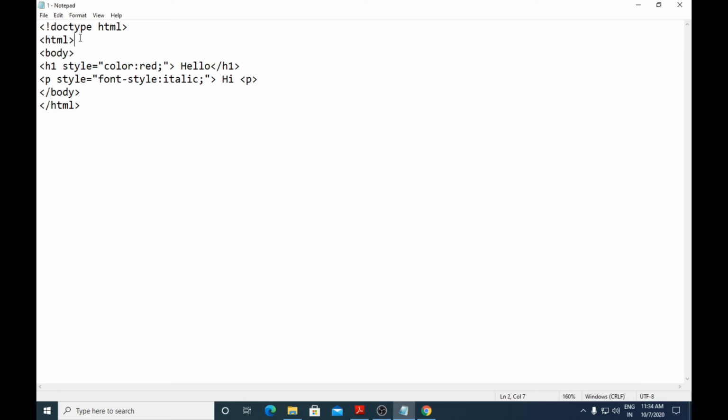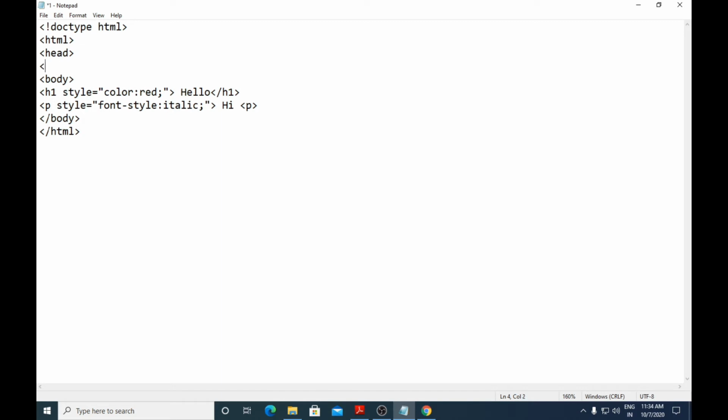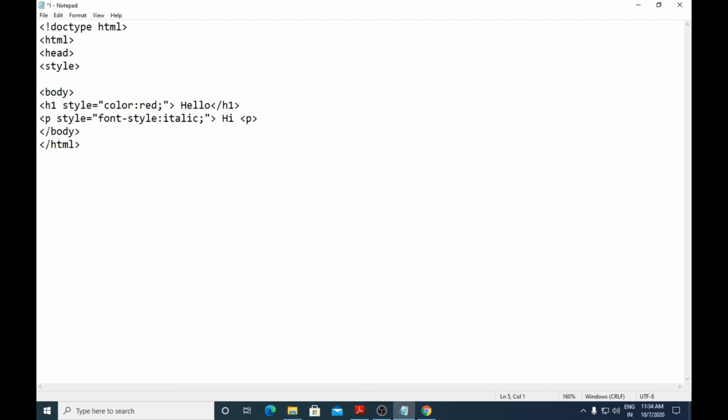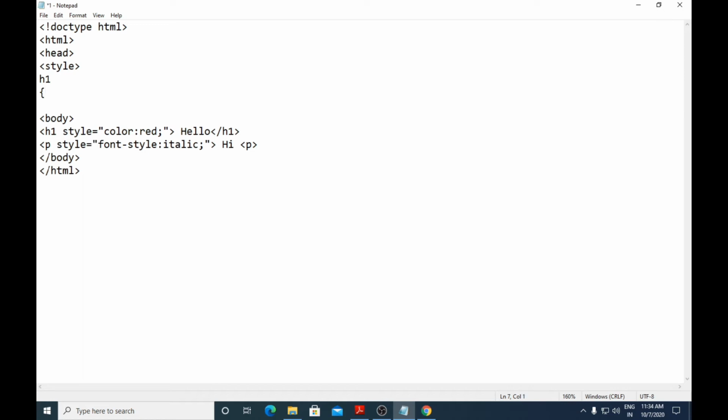So next what you can do is, instead of using the style attribute, you can use the style element directly. You have to use it in the head element. Then you make use of the style element. Here you have to specify h1, this is the selector, open brace, and then you can put color red, semicolon.